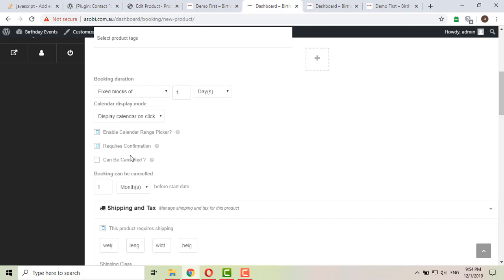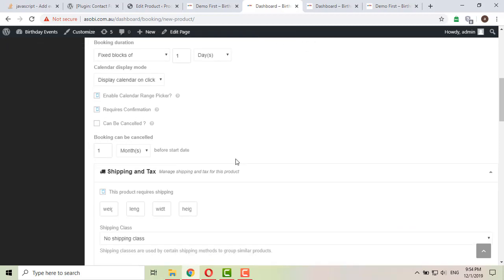These all depend on the vendors, on what they want with their products. If they want the bookings to be cancellable, then they will click on this checkbox, otherwise not. If they check this box, then they will also specify how long before the start date bookings can be cancelled.